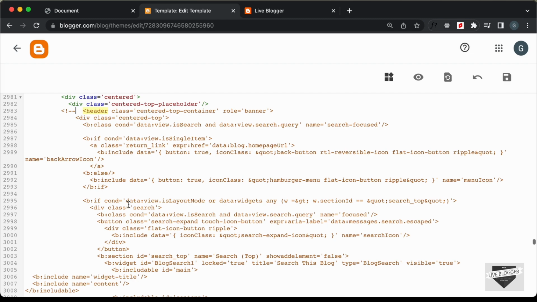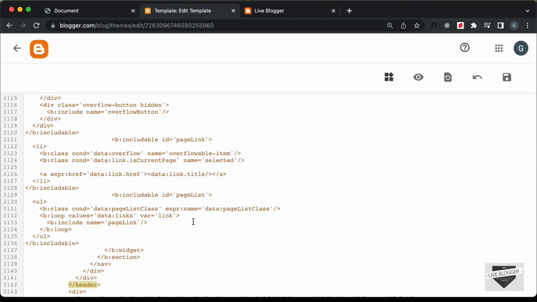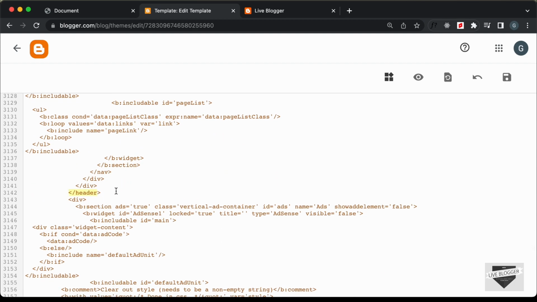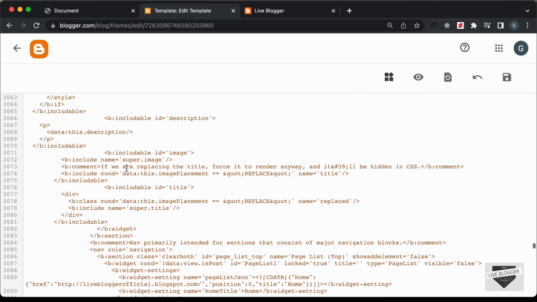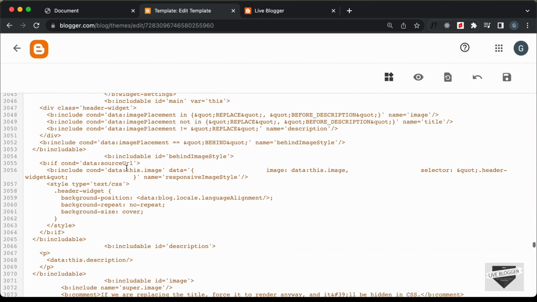And let's search for the end of the header tag. We can just search for it over here. So I'll just type less than / header. And this is the end of the header tag. So here I'll just type hyphen hyphen greater than. And now we can see everything inside the header is commented. Now this code will not be executed. So now if we save this,